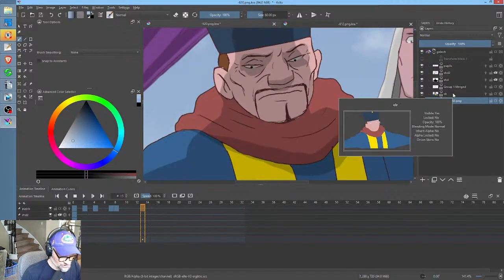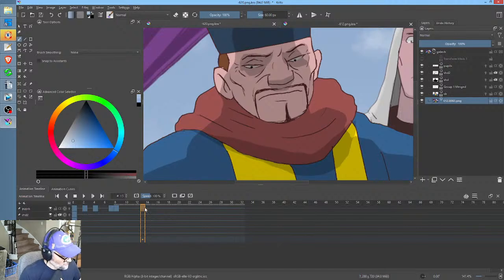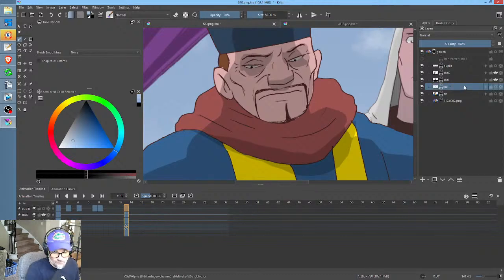And then what we want to do is put a keyframe, control insert, on every layer on frame 13. Okay? Now we've got that keyframe in there. Now I'm actually going to go forward. And what is this? This is the ink, isn't it? Yes, that's the ink. Okay, so I'm going to go forward 1 frame,